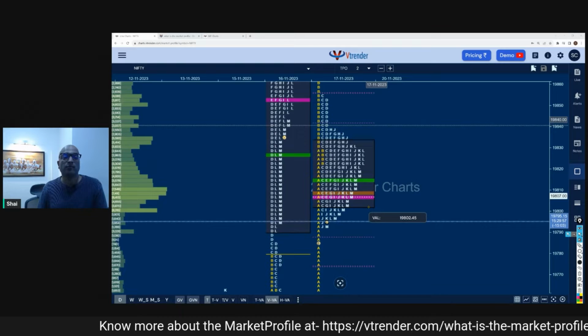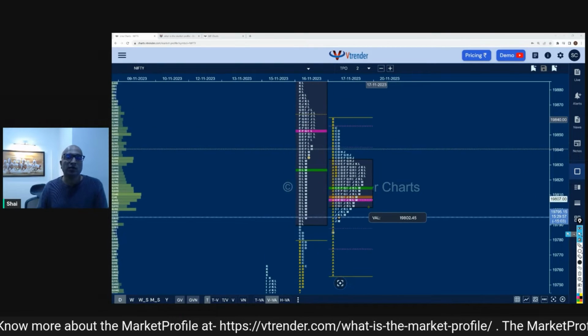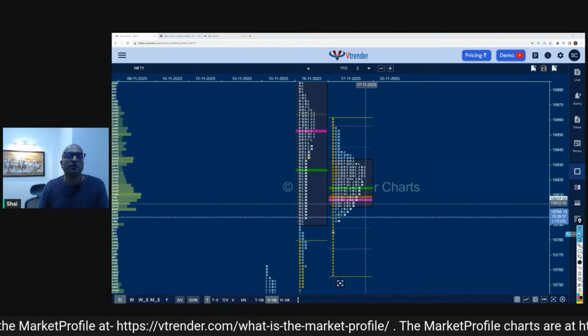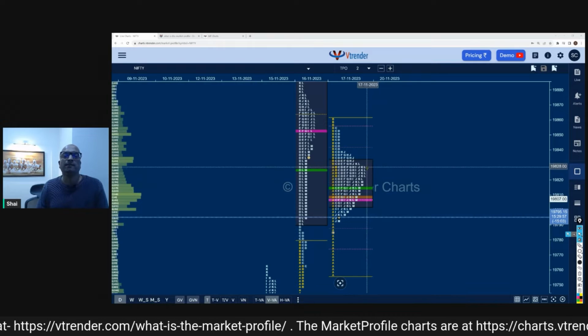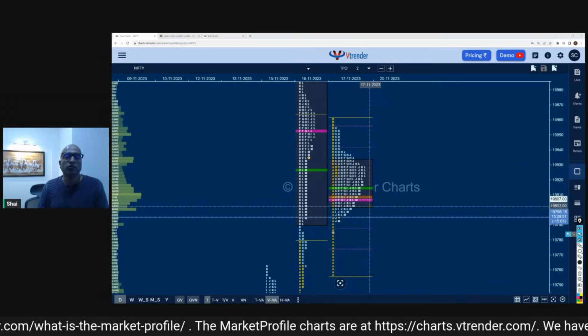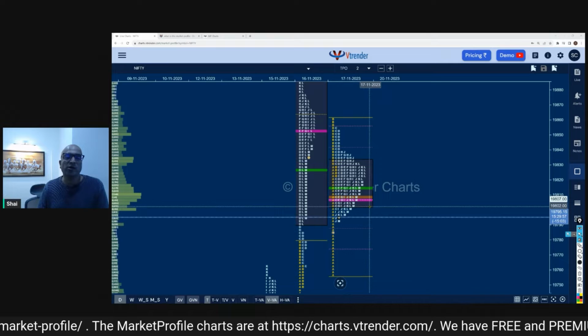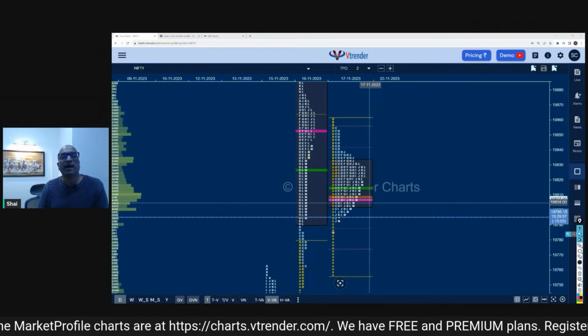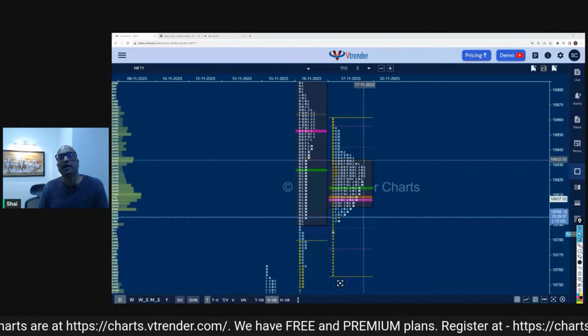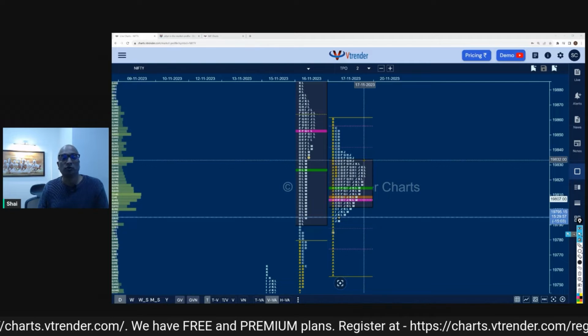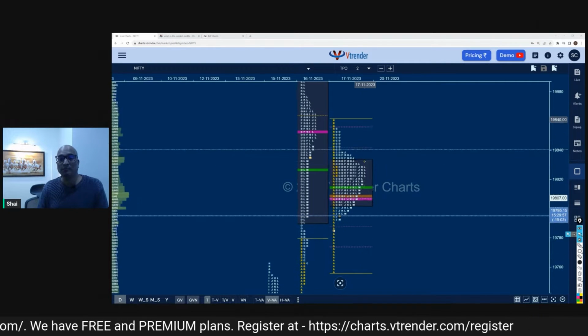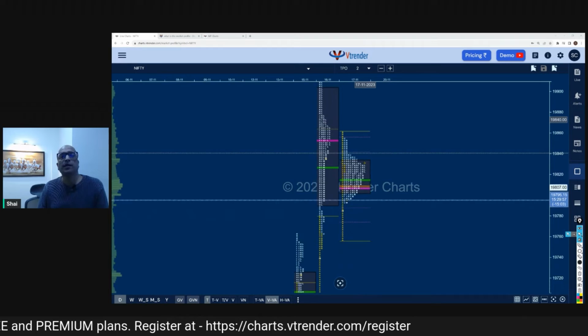So that's why this market profile became very popular, because they used to pull up all this data and just plot the value area high and the value area low. And they knew that whenever price approached the value area low, that was the time to buy. And whenever the price approached the value area high, that was a time to short. It's no longer the case today, but it's got utility for us.